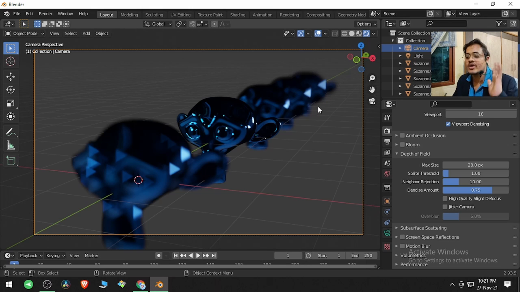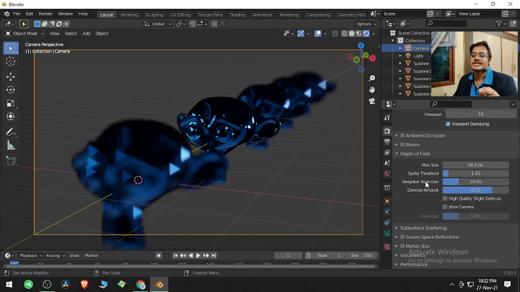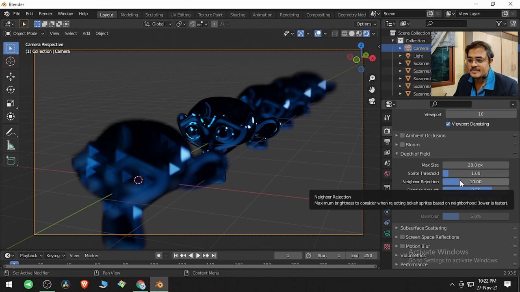It is applying bokeh on that element. So that's why we are getting these beautiful bokehs. And to increase the quality of those bokehs, sprite threshold and neighborhood rejection values are to be changed. But I have seen that the default value works wonderfully, and if there is any flickering or if there is any noise visible in this bokeh, you can increase the sprite threshold and change the neighborhood rejection.